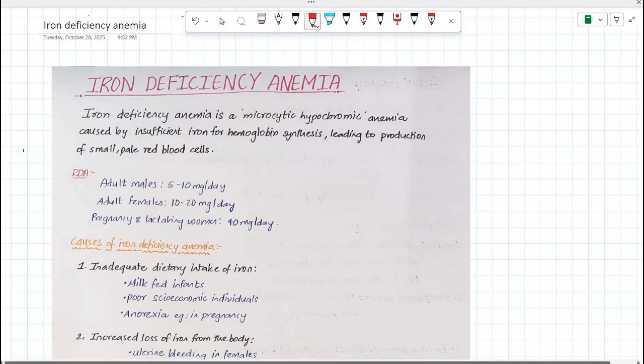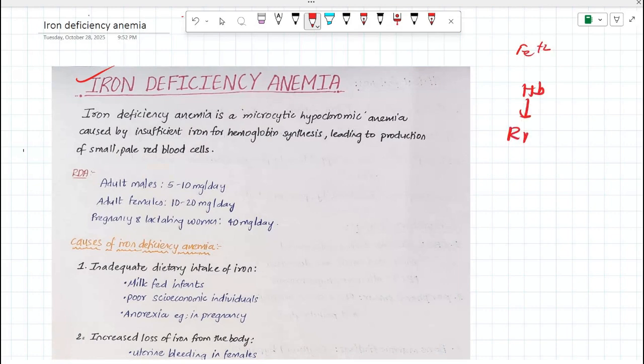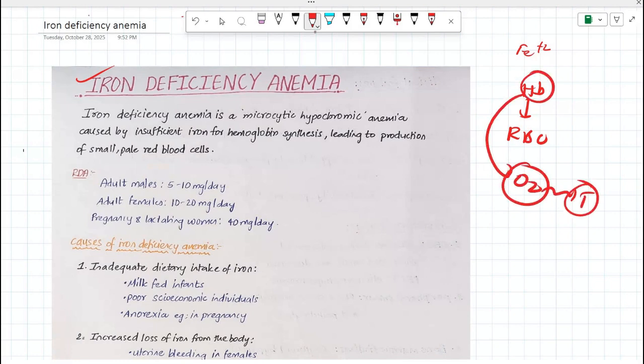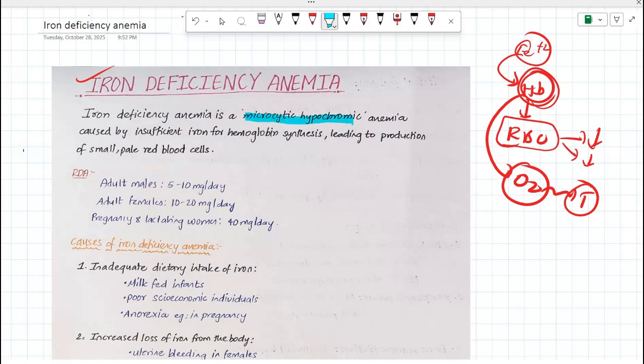In this video, we'll try to understand what exactly is iron deficiency anemia. What happens when our body lacks iron? We all know that hemoglobin is an important constituent of RBC, and this hemoglobin carries oxygen to our tissues, right? Now, if there is no iron, there will be no synthesis of hemoglobin. If there is no synthesis of hemoglobin, RBC's size decreases and RBC's color becomes pale. So, in iron deficiency anemia, the morphology of RBC is manifested as microcytic hypochromic.